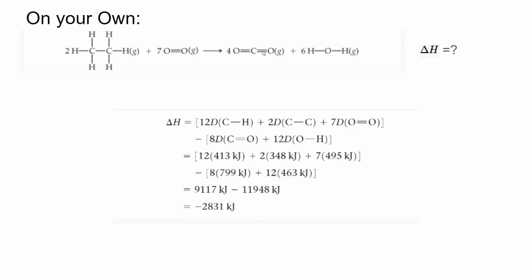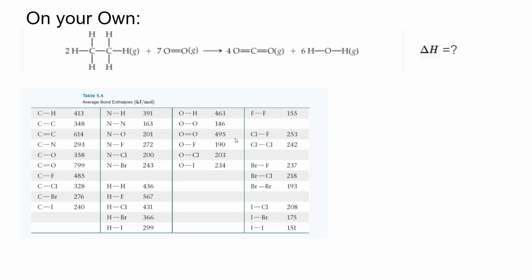So there's 2 C=O double bonds, but you have 4 moles of these, so you have to multiply by 8 of those bonds instead, and you have 12 O-H bonds here because you have 2 single, and you multiply by the 6. If you substitute these for their bond enthalpy in the table,